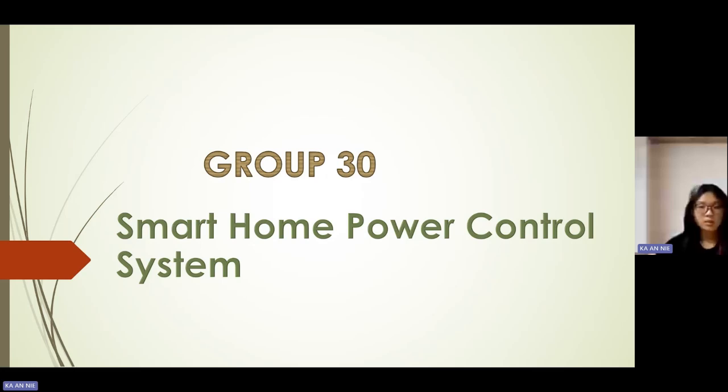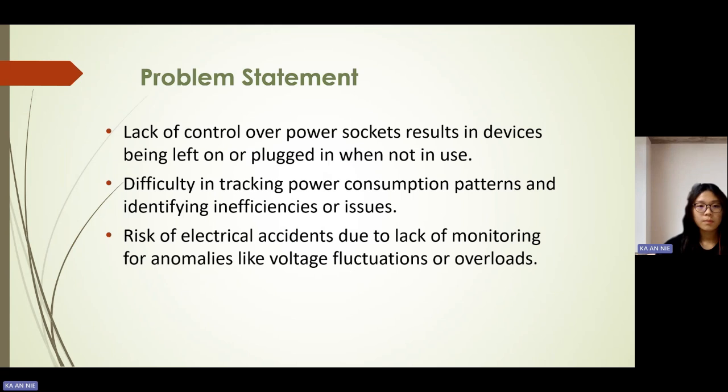We are from Group30 and our title is Smart Home Power Control System. Our problem statement is the lack of control over power sockets, which results in devices being left on or plugged in when not in use. The second problem statement is the difficulty in tracking power consumption patterns and identifying inefficiency